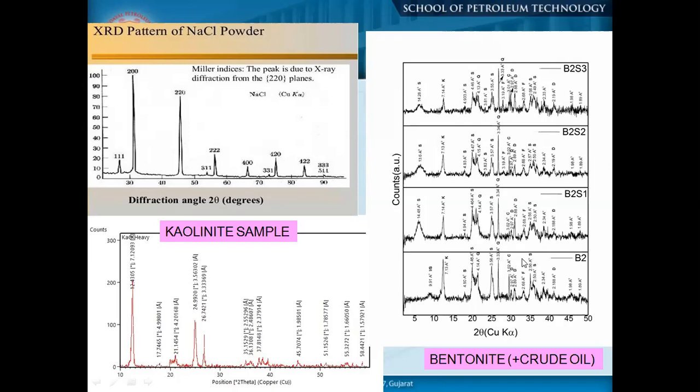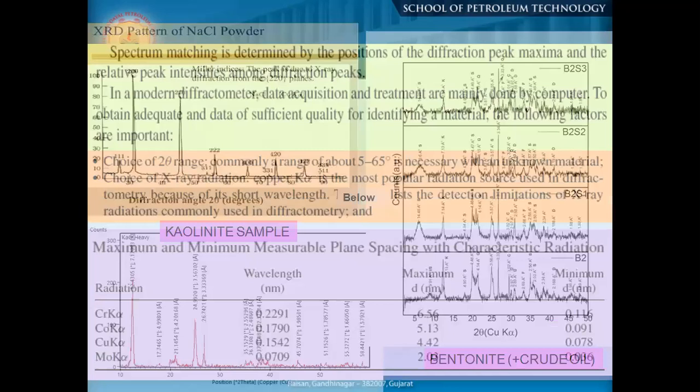After 2 months, some components of the crude oil enter into the clay interlayer structure, depending on the type of crude oil, because we have different polar components present in the crude oil. We justified that with the help of this diagram. So you could understand how to prove or disprove something: you need to characterize your material with the help of XRD also. Then you see here the spectrum matching is determined by the position of the different peak maxima and the